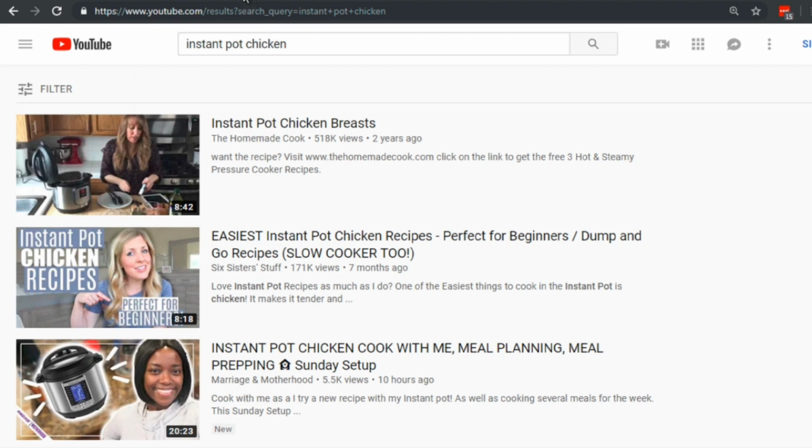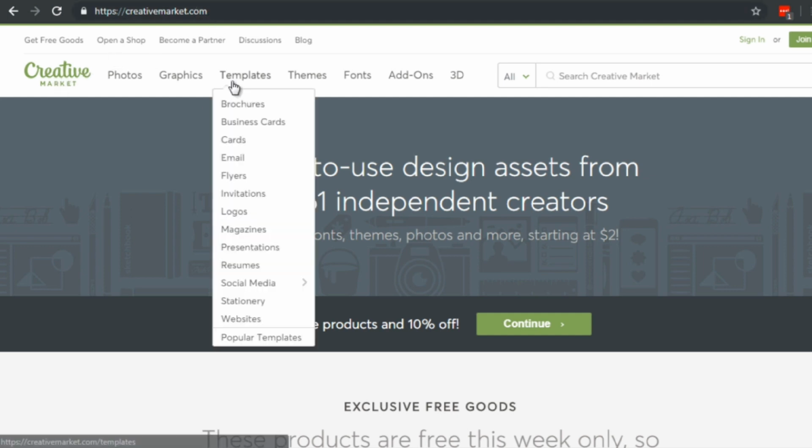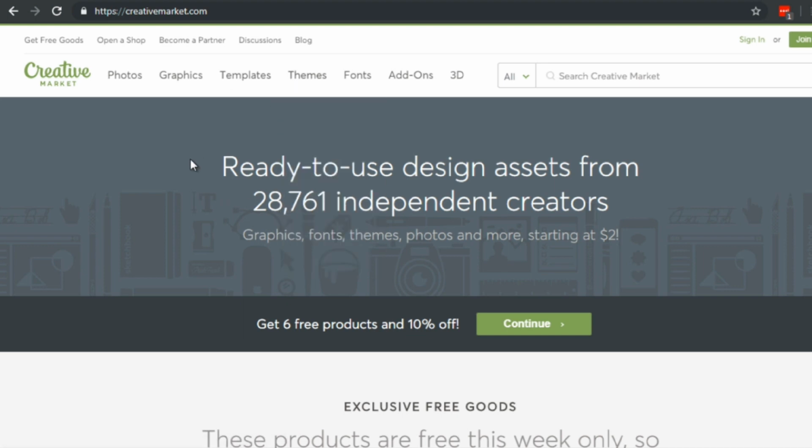But for now, there are different elements that you need. So what I recommend is you go to a site called creativemarket.com. There are other sites like graphicriver.net, but over time we've realized Creative Market has a lot of really good designs. So what we can do here is, in the search box, we're going to type in YouTube